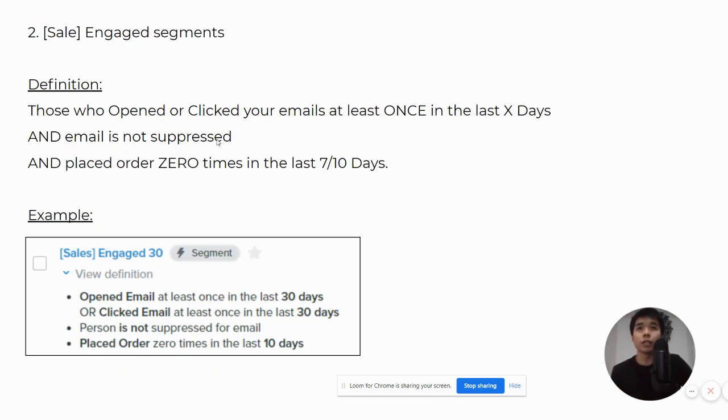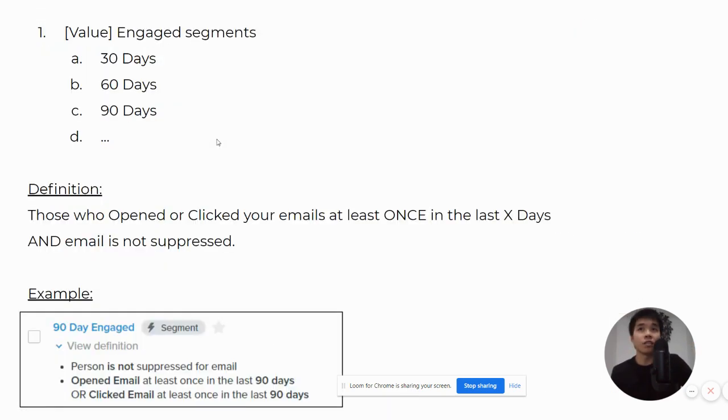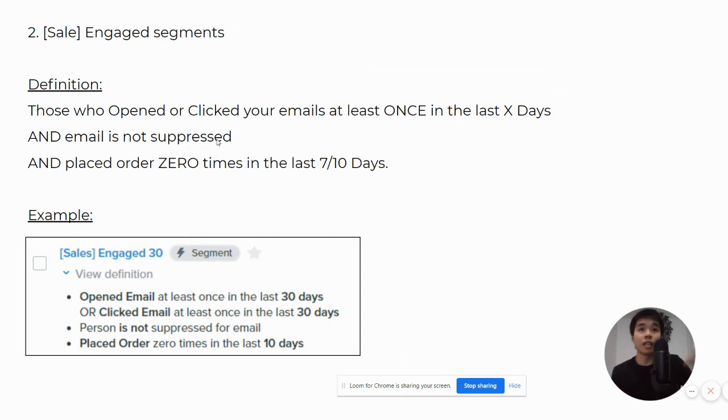Sales engaged email, these are when you want to send discounts and whatnot. It's actually the same function as engaged segment. The only additional filter would be place order 0 times in the last 7 or 10 days, depending on your product. Reason being, if I bought your product in the last 7 or 10 days, I do not really need